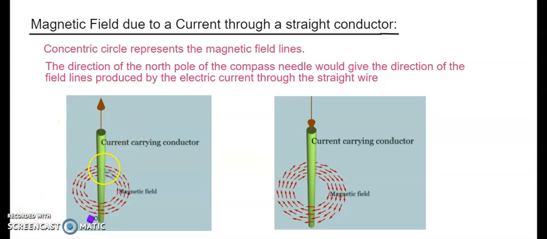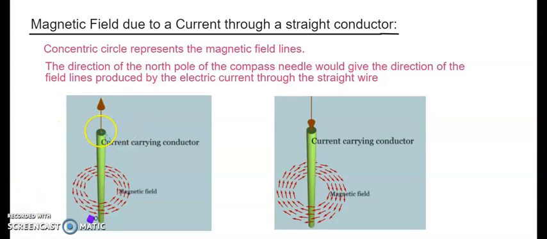These circular patterns are concentric circles. It seems like they are intersecting, but no, none of these magnetic field lines are going to meet each other. They are concentric circles, and they are moving like this. If we change the direction of the current, that is, the positive and negative terminals are swapped, then the circles will start moving in the clockwise direction. Now it's moving in the anti-clockwise direction, right? Again, they are concentric circles. Clear?